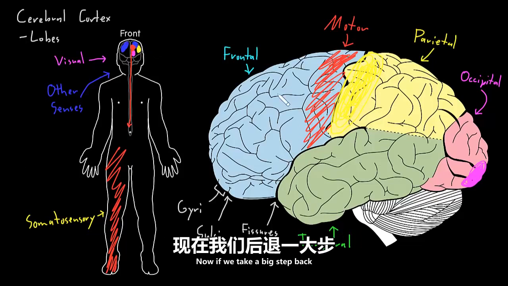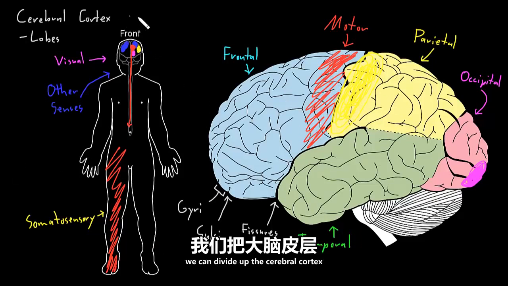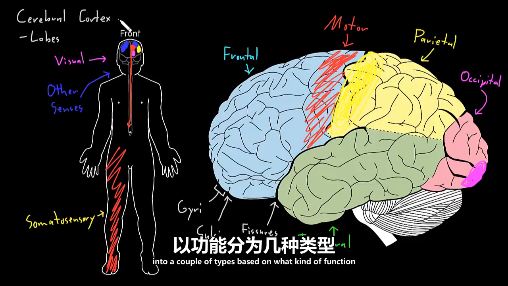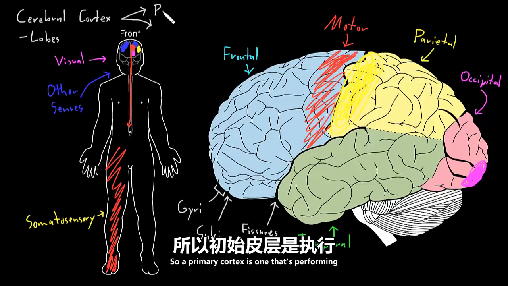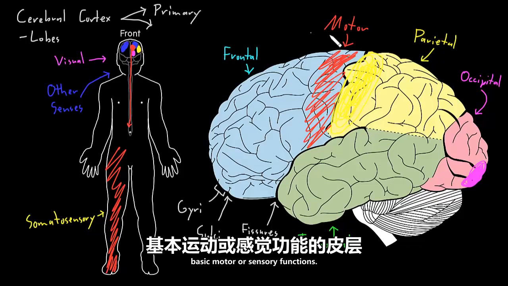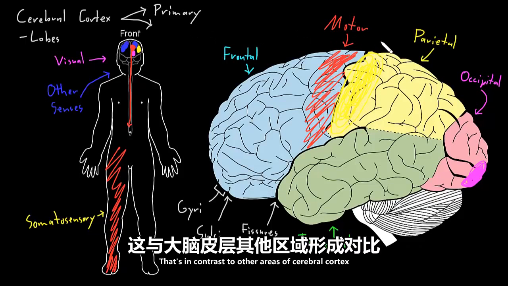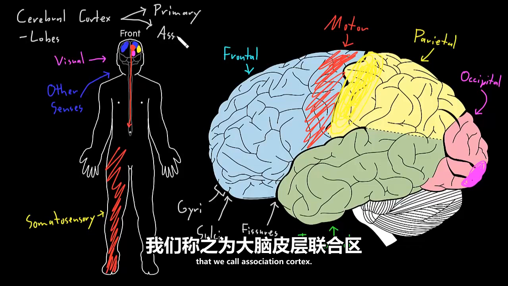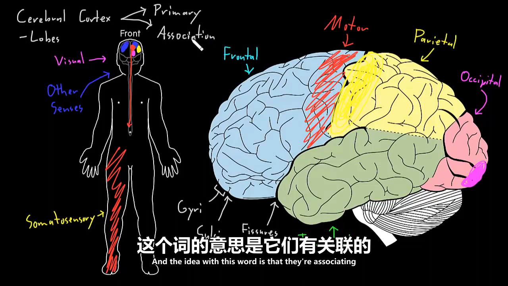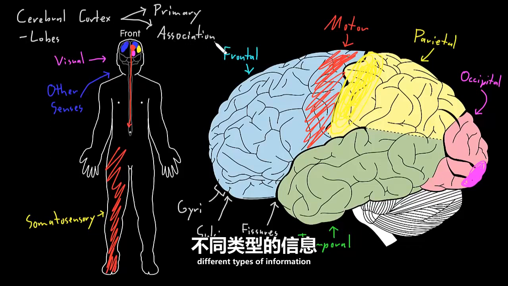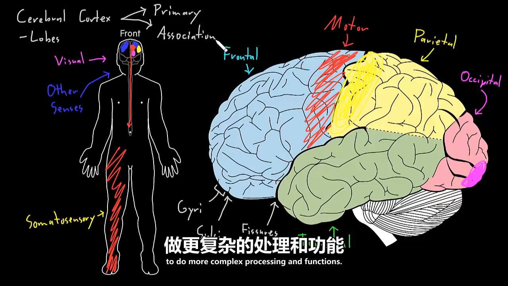Now, if we take a big step back and look at the cerebral cortex as a whole, we can divide up the cerebral cortex into a couple of types based on what kind of function that area of cerebral cortex is performing. The first type we call primary. A primary cortex is one that's performing basic motor or sensory functions. And that's in contrast to other areas of cerebral cortex that we call association cortex. Association. And the idea with this word is that they're associating different types of information to do more complex processing